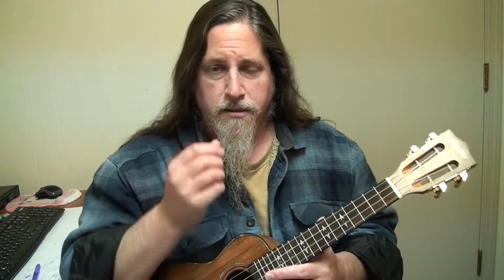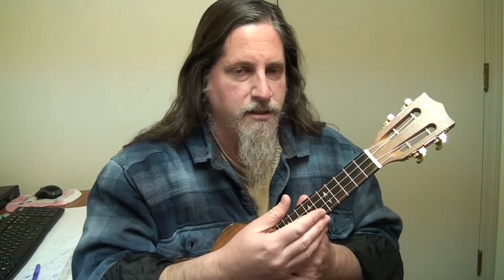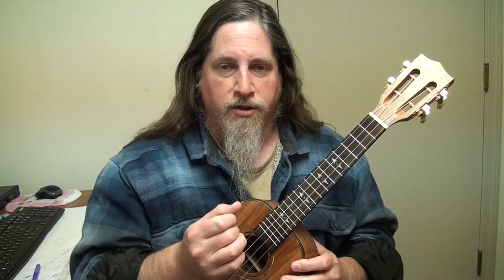So we are going to try and put chords to a melody, and I thought about it and didn't realize it was fairly difficult to find a real simple song using nice chords that are going to be easy to play, in a key that's going to be kind of easy to understand, and with sort of the limitations of a ukulele, you really only have like those three strings,